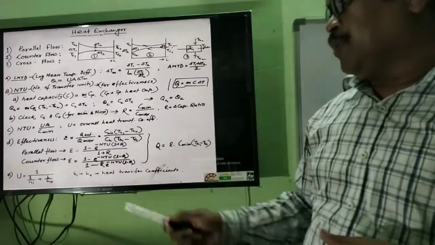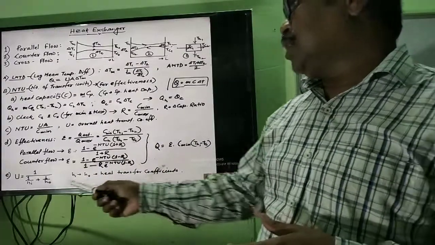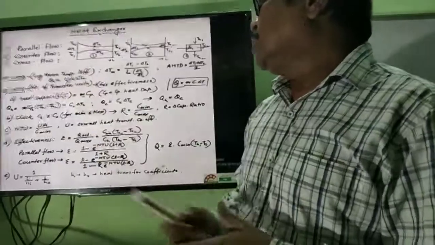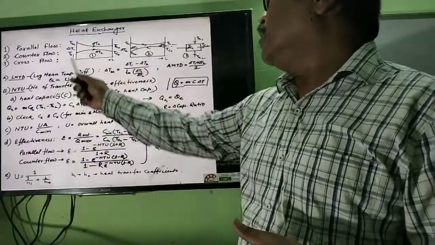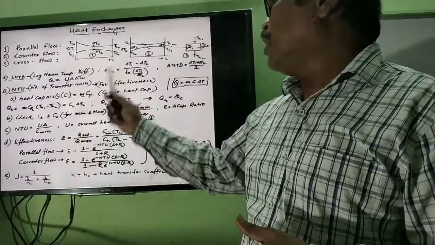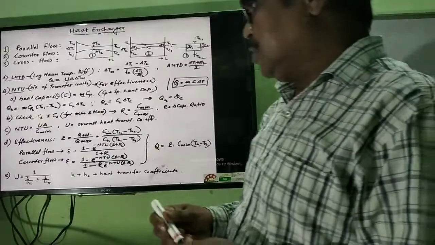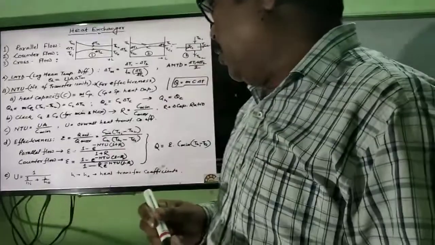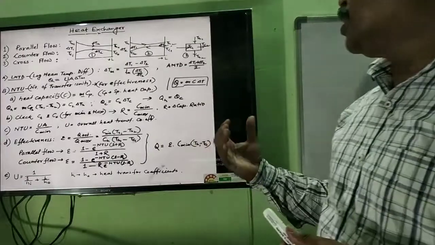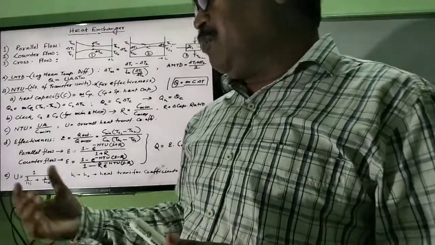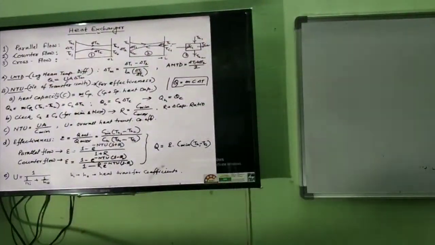This is the formula. Then for the overall heat transfer coefficient, you can take the coefficient of heat transfer at both faces, the inner face as well as the outer face. Make the ratio and you get U, the overall heat transfer coefficient. So this is the formula concept, and from this we can calculate the question and answer.